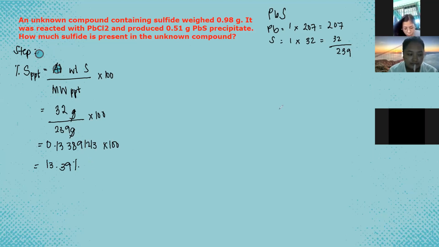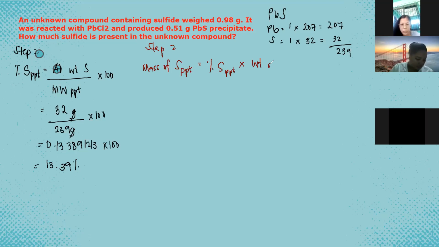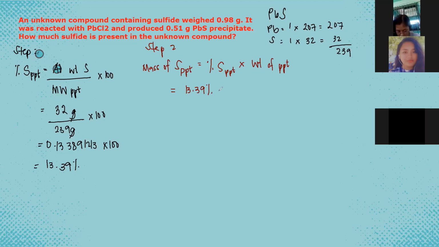So ang step 2, natin, the same thing pa rin. Pero mass of sulfide na siya in the precipitate. This is equal to percent sulfide in precipitate times weight of the precipitate. So yung na-compute natin is 13.39% times weight of the precipitate. What was that again? 0.51 grams. Okay? So 0.51, yung 13.39 gawin mong decimal, divide mo sa 100. So 13.39 divided by 100 is 0.1339 times 0.51 grams